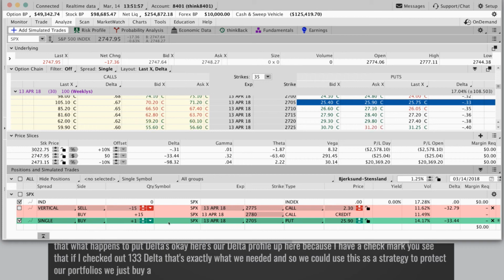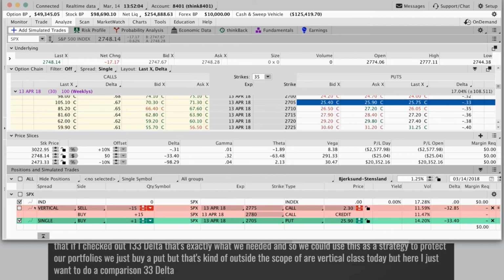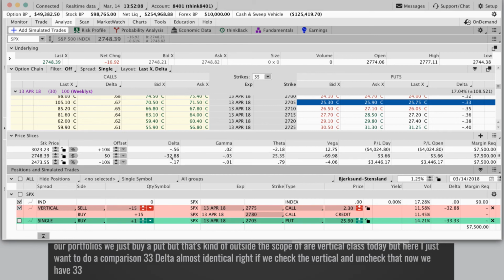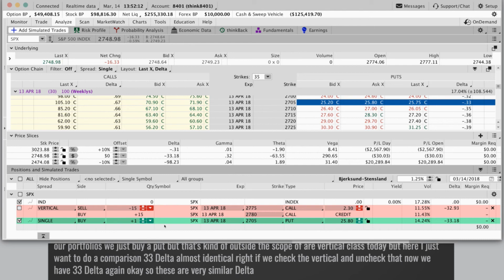We could just buy a put, but that's kind of outside the scope of our vertical class today. But here I just want to do a comparison. 33 delta, almost identical, right? If we check the vertical and uncheck that, now we have 33 delta again. So these are very similar delta profiles, but the difference is, first off,